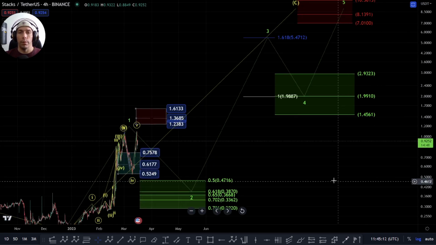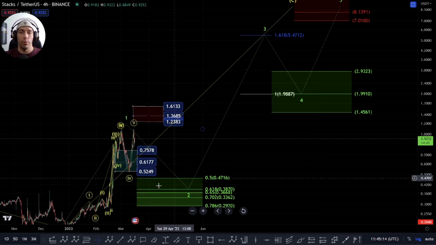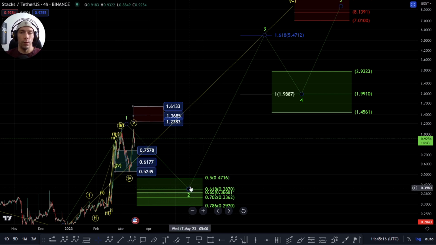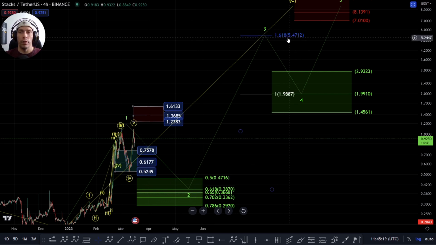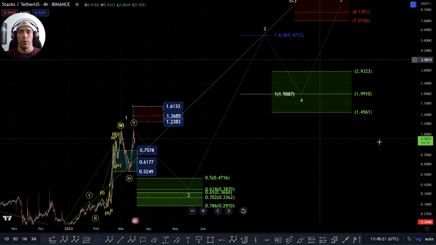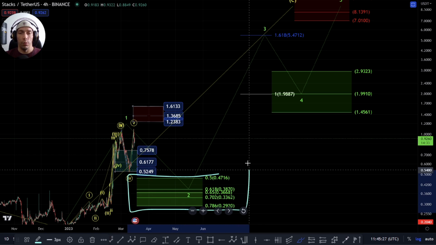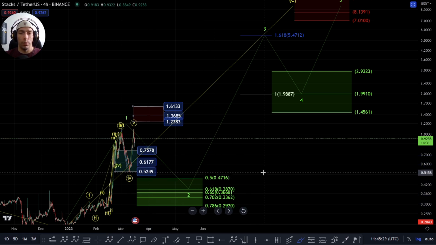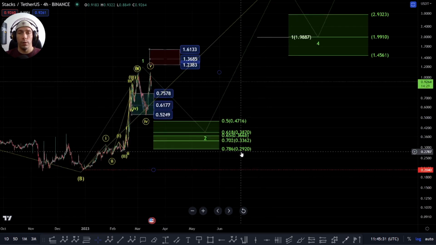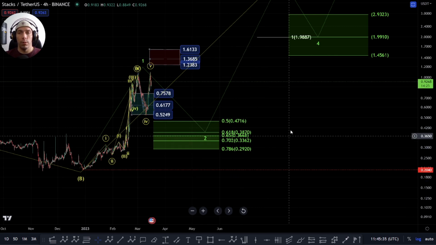where we get a bigger five-wave structure up here, potentially looking to push up if this does find support in this zone towards this 1618 at this $5.47. So this is a possibility provided that we continue to maintain this support range here. If we fail to hold this 786 lower down here at this 2920 region, potentially what we could see here